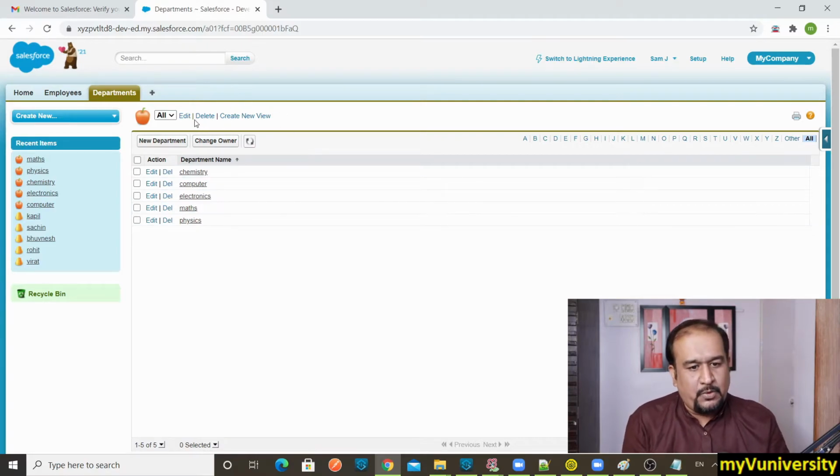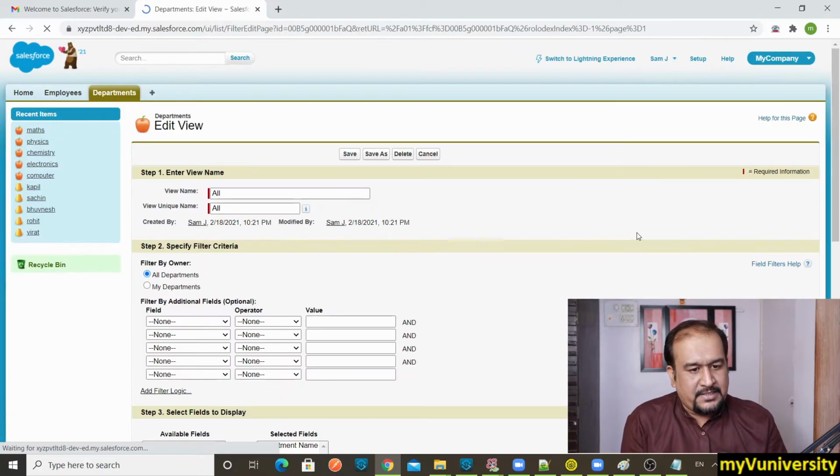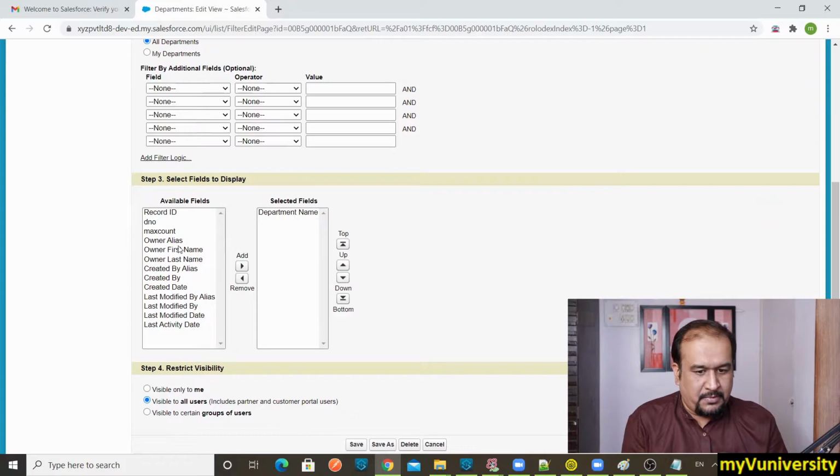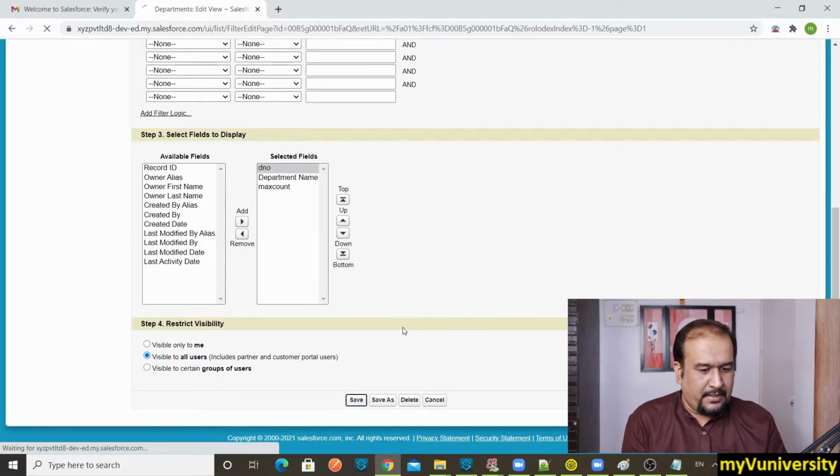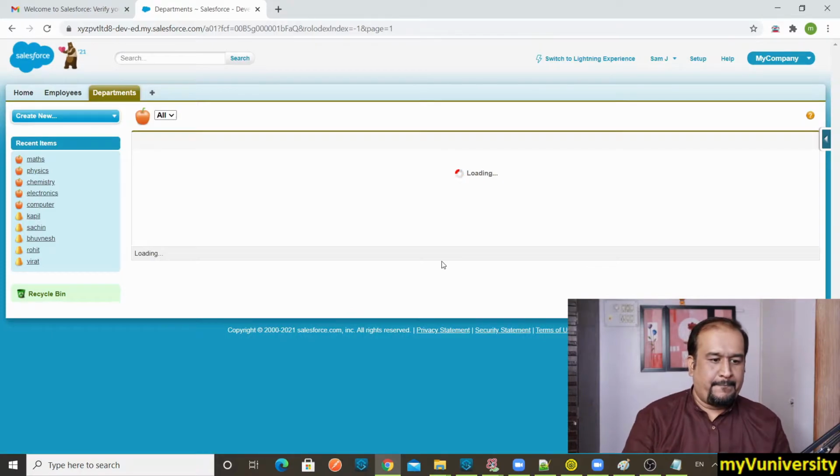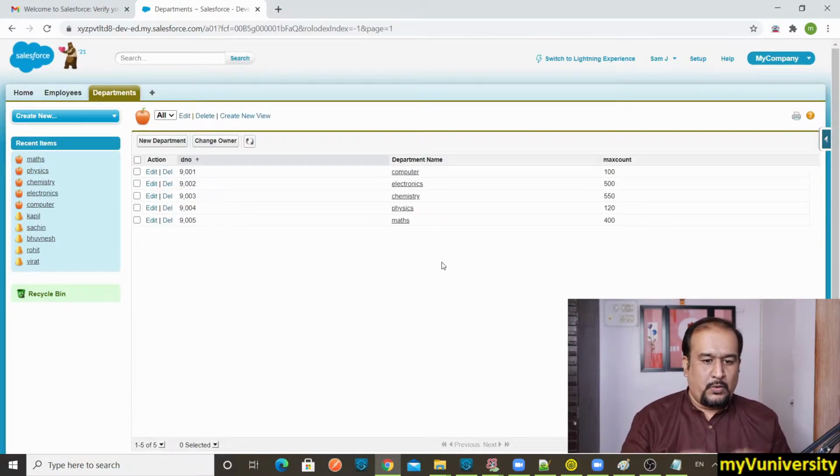So let us customize the view. Click on edit and select all the fields which have to be visible. I want DNO, I want max count, and let us adjust the sequence: DNO, department name, max count. That's all fine. Click on save. Now you can see all departments got added.